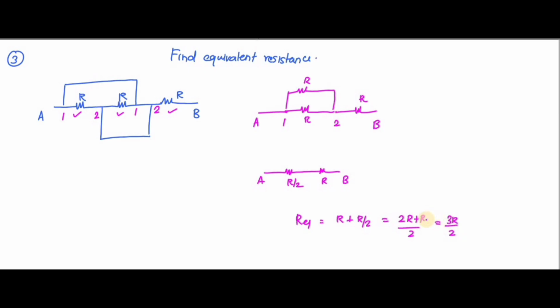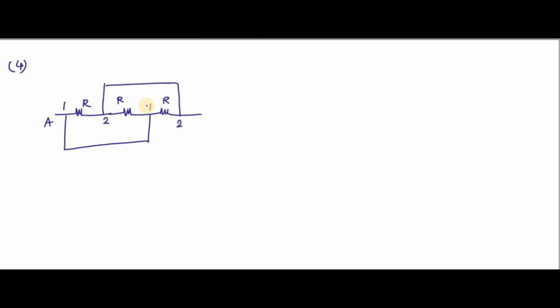So here there is no symmetry at all. So let us go for the fourth problem. So this is a problem. I have given the value potential of 1 1 and 2 2. Okay, so A is near to 1 and 2 is near to B, and from 1 to 2 you have